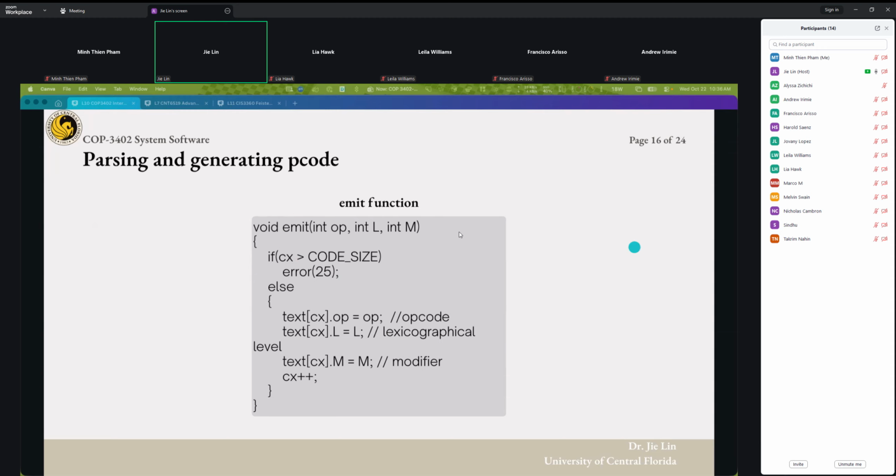If it does exceed the code size, we trigger error 25, as you can see, to signal the code overflow condition. What it really does is restrict how many instructions we can generate. In our instance, again, it is 500. You can also initialize a 500-element static array for your homework 3 to hold all kinds of instructions. It can be 2D or 1D, depending on your implementation. Then coming back to here, once we pass this check,